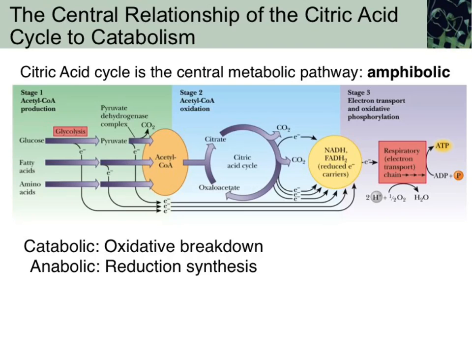So within each of these processes, to me, one of the more important steps is going to be making those high energy electrons, trying to get electrons into that higher energy state. So what molecule carries those higher energy electrons? NAD. Okay? And then officially, NADH has the high energy electron. NAD plus would be the species that we're going to dump that electron density onto. Okay? So any step that's generating one of those high energy species, be it ATP, because we can make ATP in this process as well, but anything generating NADH,